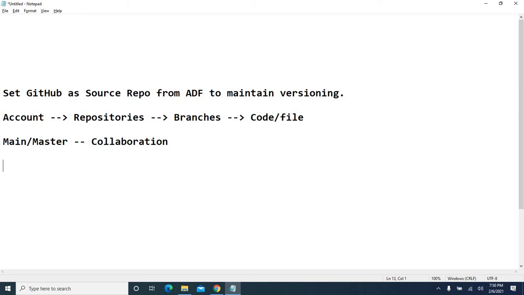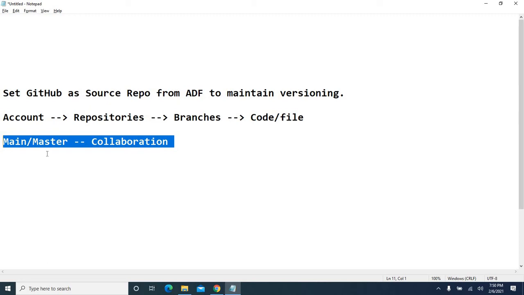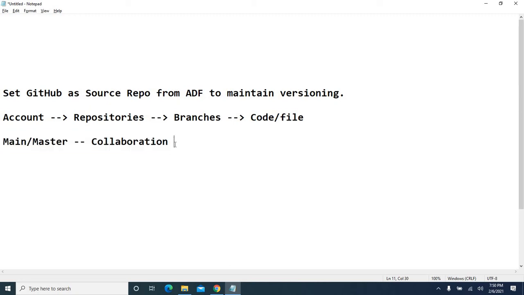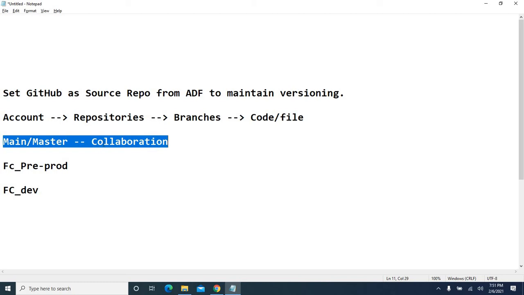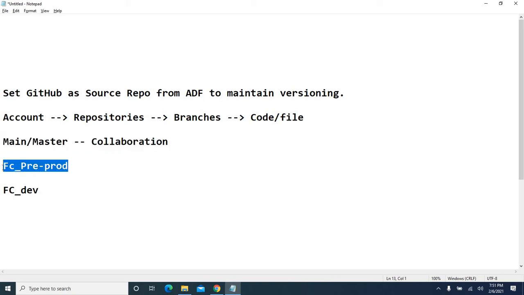Generally, in real-time projects, they don't do any development on the master branch. Instead, they copy this master branch and create feature branches, and they start working on those feature branches. For example, if multiple developers are working, they might create a separate branch for each developer, or maybe one branch for all the developers together. They'll start working on their change request. These feature branches would be a copy of our master branch. Whatever script we currently have in the master branch, that whole script will be copied to the feature branches. Then we can start working on these feature branches.